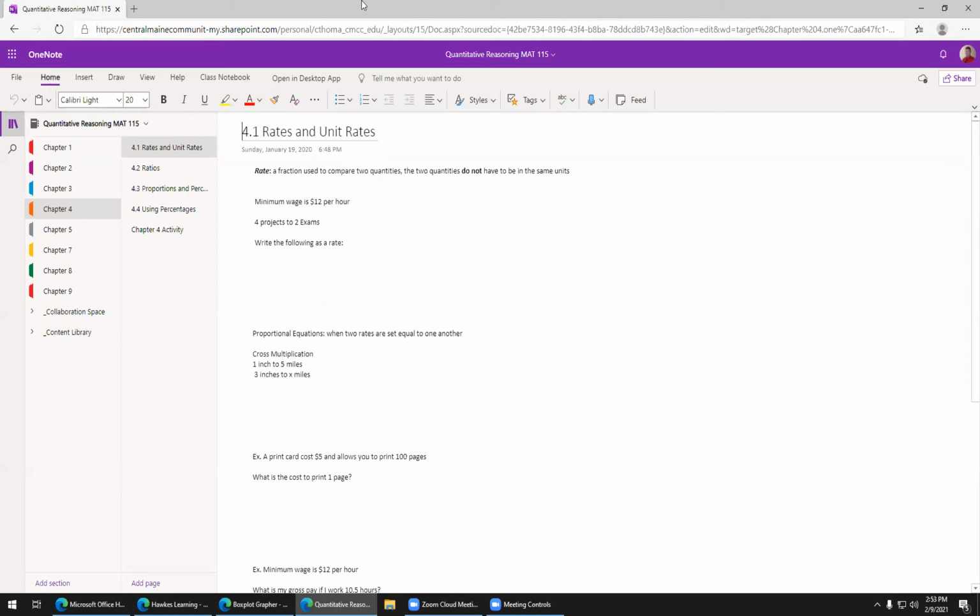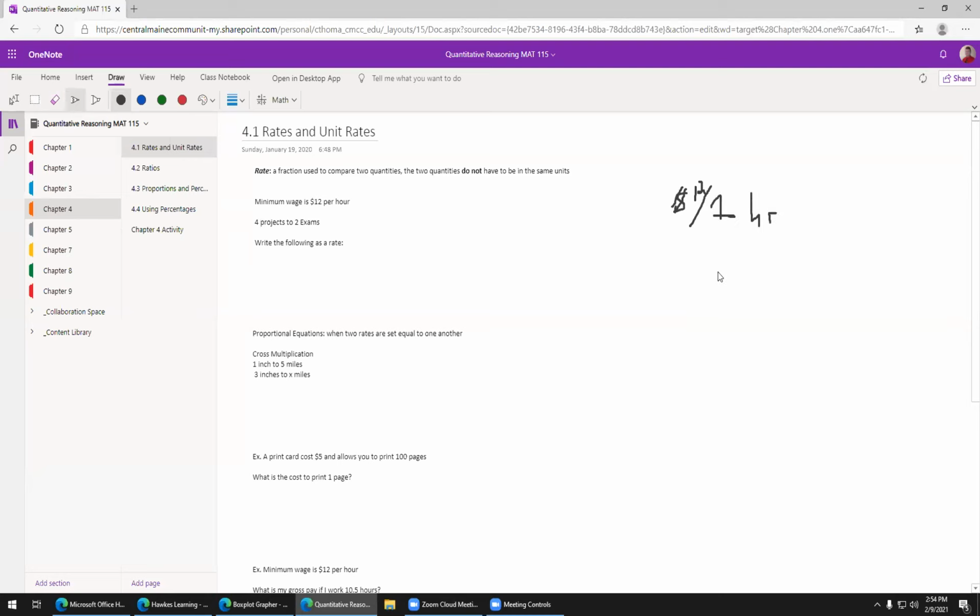So if you want to write these as rates, there's multiple ways we can write rates. So I can do $12. Sorry, I'm trying to get my draw working here. There we go. $12 per, which is just a line, I forgot to put the 12 in, that might help. $12 per 1 hour,